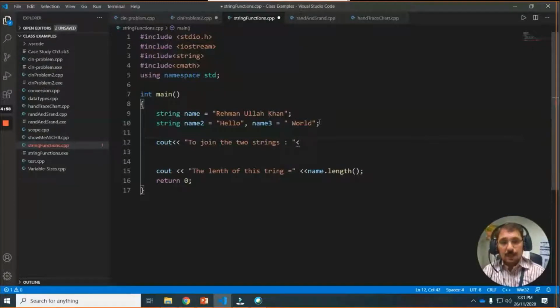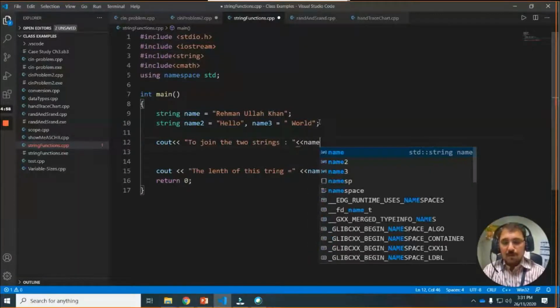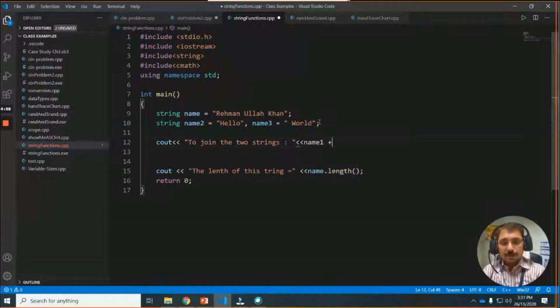You see, name1 plus. The plus is used for concatenation, for joining. Plus, sorry, name2 and name3.